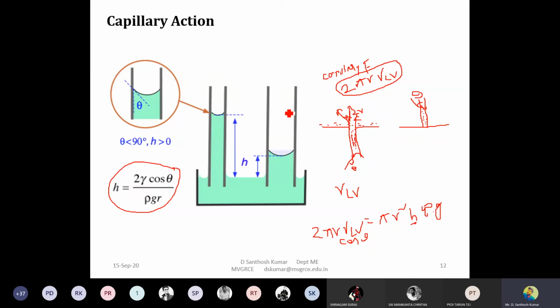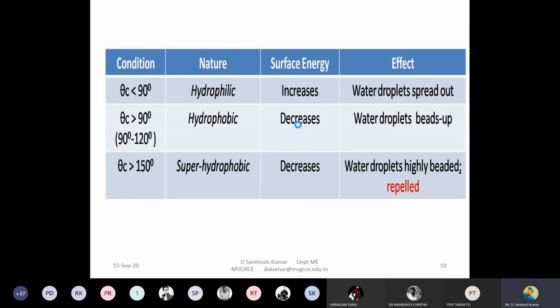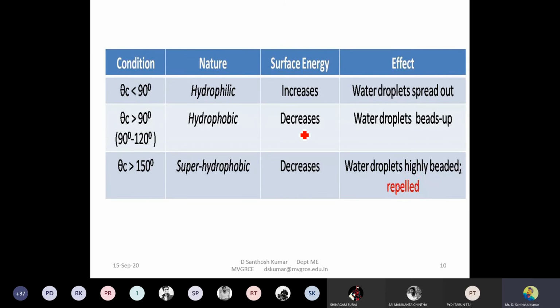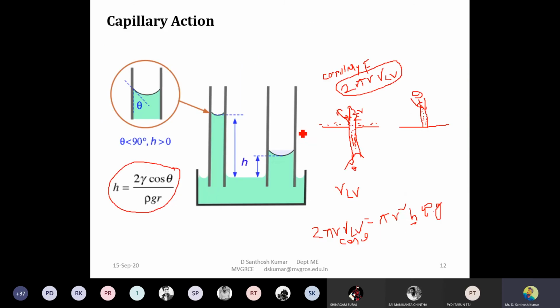Okay, I hope you understand these principles. We are majorly focused on two principles. One we have discussed in the earlier case, that is the contact angle, and how the contact angle will help you to detect any kind of flaws. The other is how capillary action will help. Because of these two principles, we are applying the liquid penetration test.